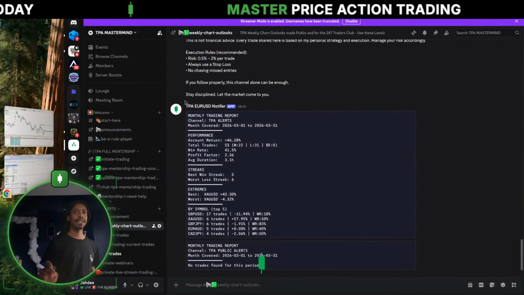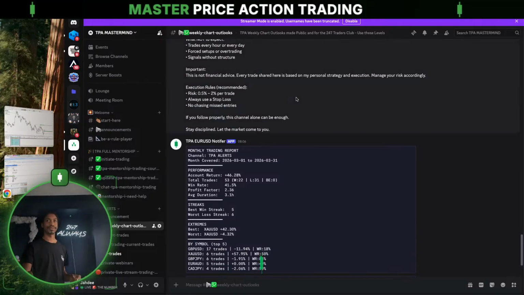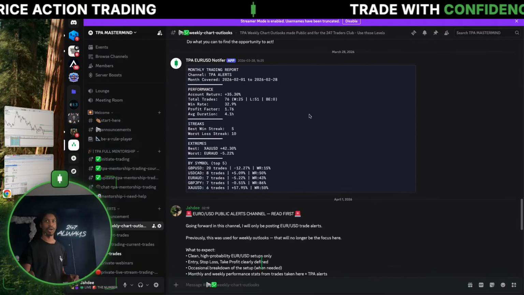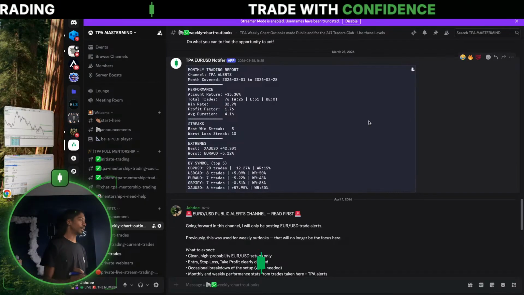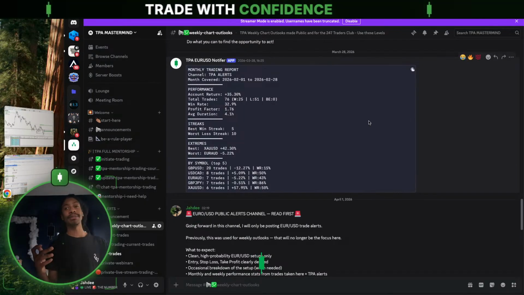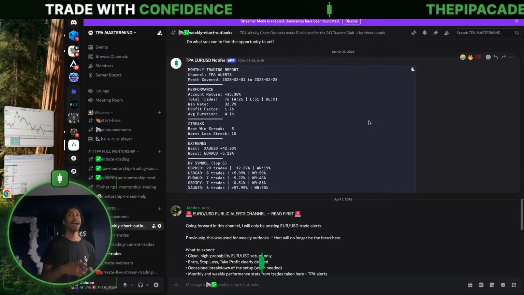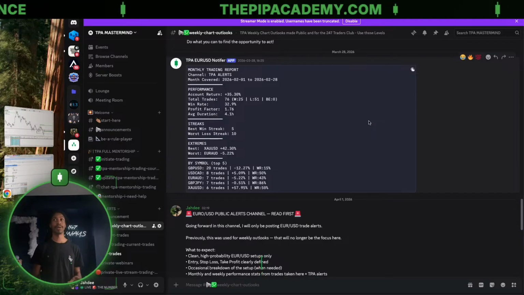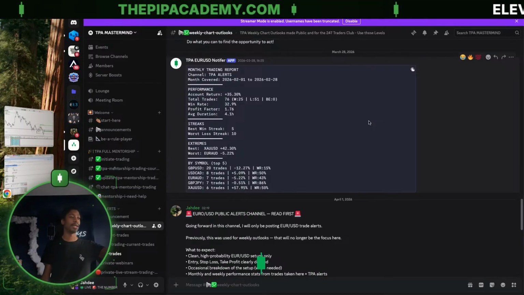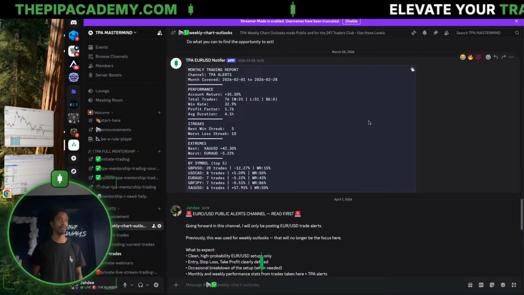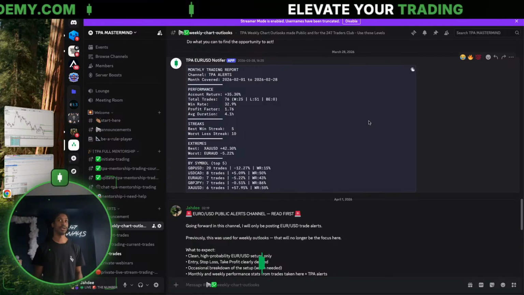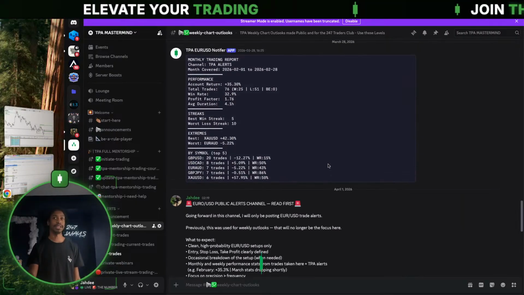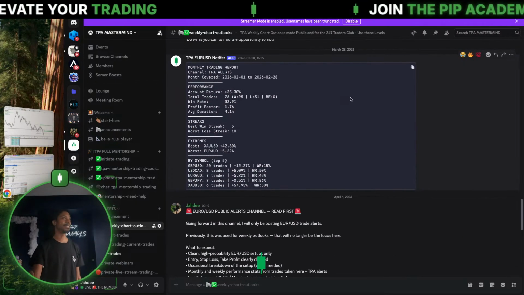So this is something new that I'm putting into effect over on the public Discord. The trade alerts that I'm taking, all these trades that I'm taking, I will be sending the Euro USD trades over to the public Discord. Some people have asked for them, and so I'm like, why not? I'm sending them regardless. So these ones are going to be sent here for Euro USD, and then when I ultimately had set up this system,